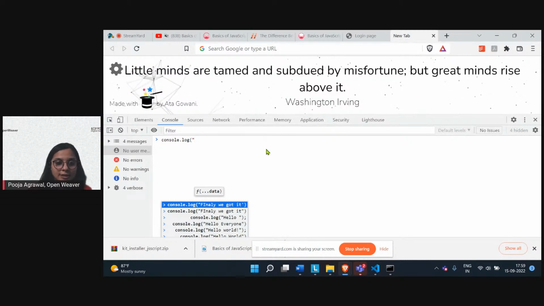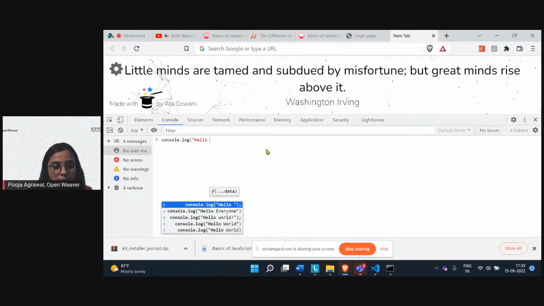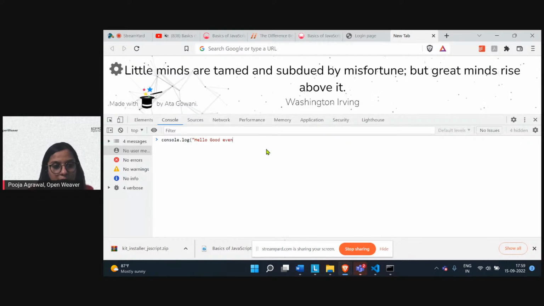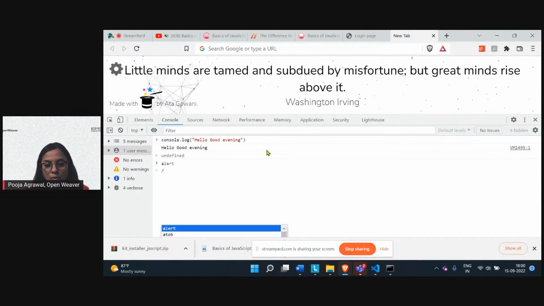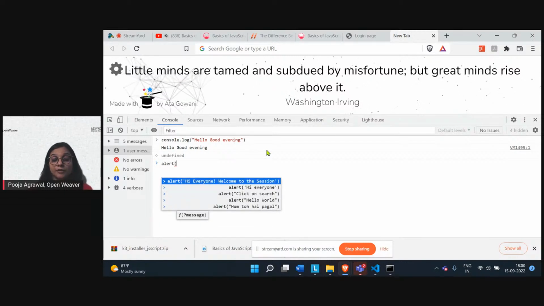So let us say hello, good evening, and we simply press enter, and we can see that it is not displayed on the page. However, it is displayed on the console, and we can simply use it for our own purpose when we are trying to check out how these different functions work. So alert, which we can use in different functions, and while we are developing different web pages, you use alert, and then you say